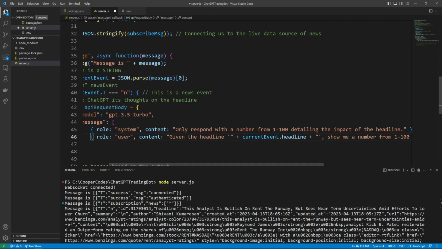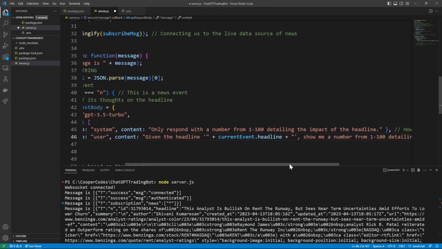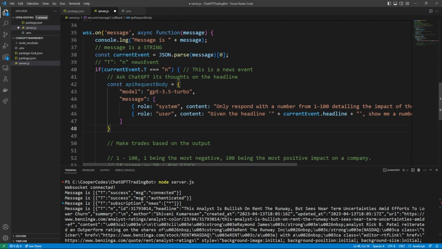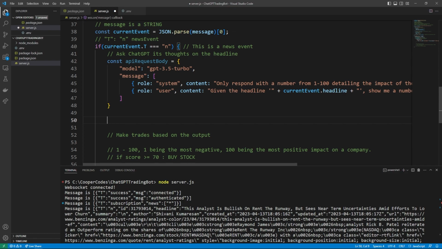And so just so you guys get the full thing, given the headline, current event.headline, show me a number from 1 to 100 detailing the impact of this headline. So now our request body is good to go. So we can actually call the request by saying await fetch